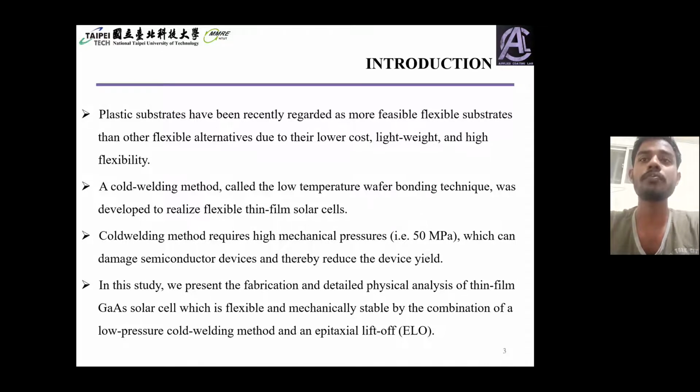requires mechanical pressure, for example 50 MPa, that means megapascal, which can damage the semiconductor device as well as reduce the device yield. In this study, we present the fabrication and detailed physical analysis of thin film gallium arsenide solar cell, which is flexible and mechanically stable, by the combination of low pressure cold welding method and the epitaxial liftoff. The short form is ELO. The next one is